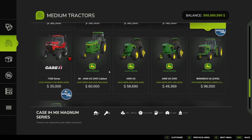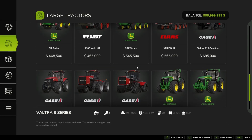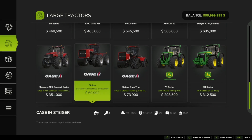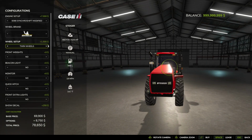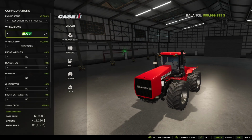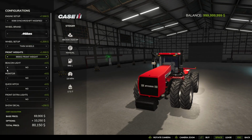Now, let's see. We'll go large tractors. I'm not sure if we want to get anything in here just yet. Let's see. We're going to go all the way up to 625 horsepower with this one. So maybe we go some twin wheels on there. Front weights, quick hitch,